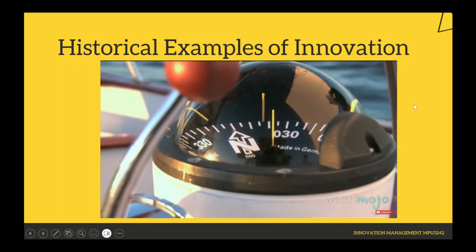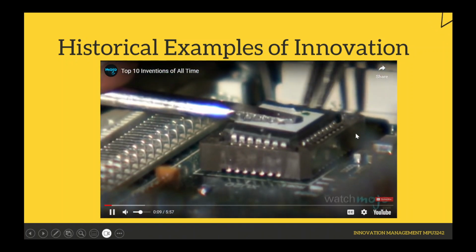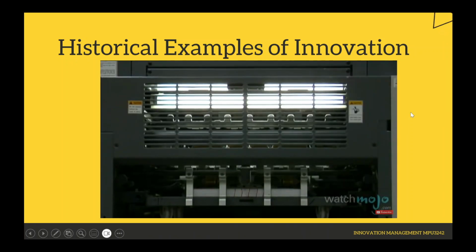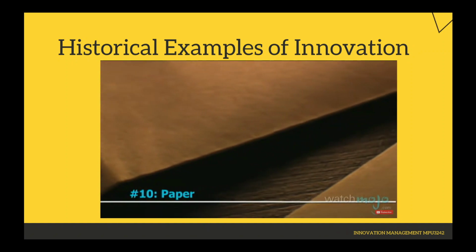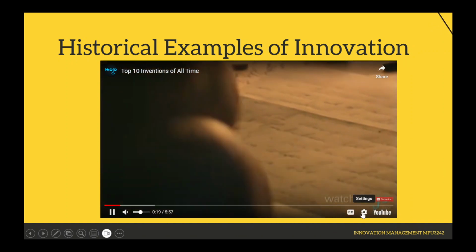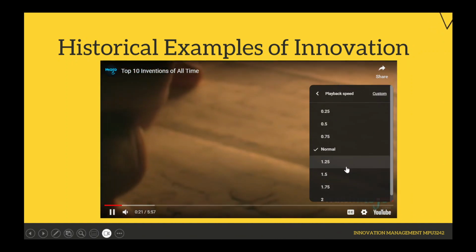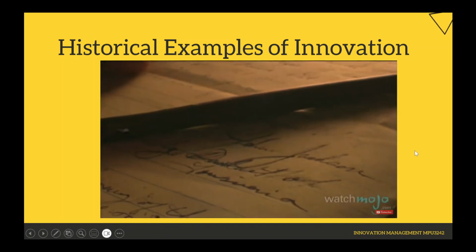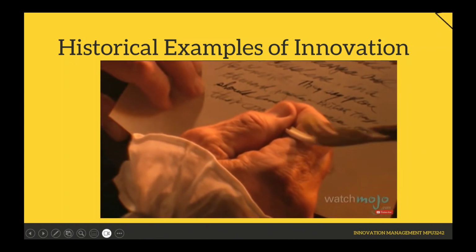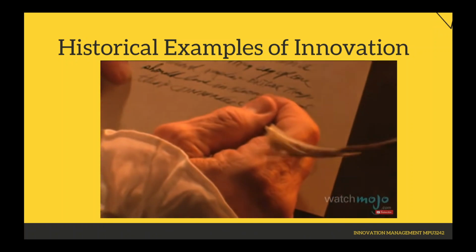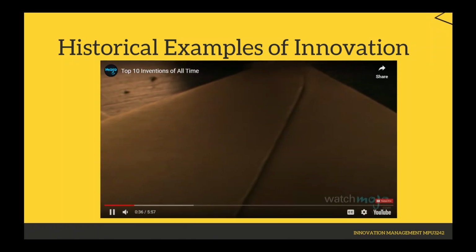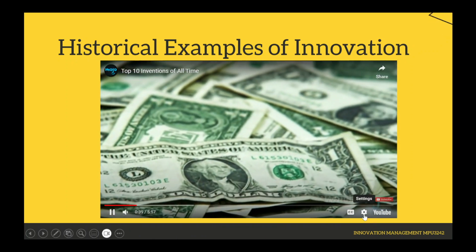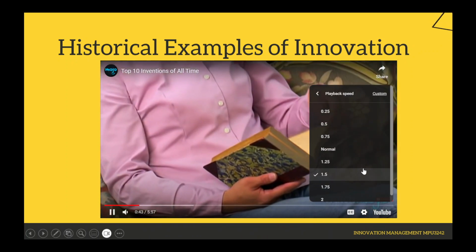These ideas changed the world. Welcome to WatchMojo.com, and today we're counting down our picks for the top 10 inventions of all time. Number 10, paper. One of the Chinese people's four great inventions, paper was invented and developed in the 2nd century BC by the Han Dynasty. The idea eventually traveled to Europe, where paper mills began manufacturing the product on a larger scale. Without paper, the printing press would never have been invented, and our world would be very different. We would not have maps, paper currency, or books to disperse information. Its impact is truly endless.